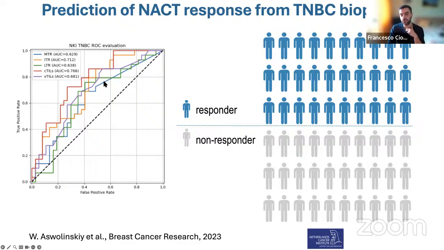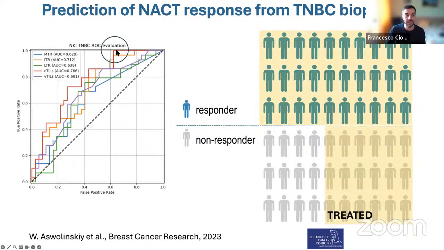You see, these are not super spectacular, let's say, but these are promising. They are all more or less above the diagonal that I mentioned earlier. And actually, if you take as an example, the red one here is CTILS, the computational tumor infiltrating lymphocytes, so the presence of immune cells in the tumor, which of course immune cells should kill tumor cells. I will get back to this in a minute. Then we get something like this, right? We get 100% sensitivity at still quite high false positive rate, more than 60%.